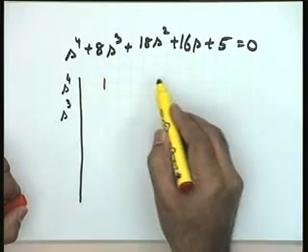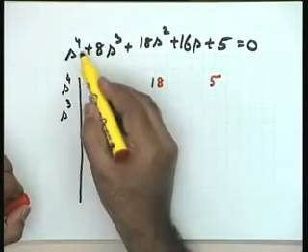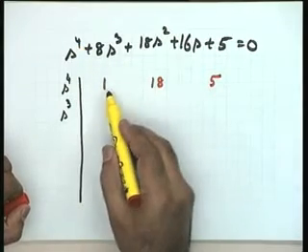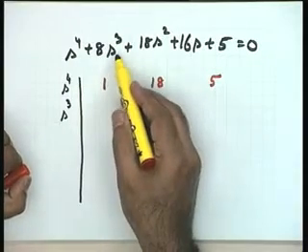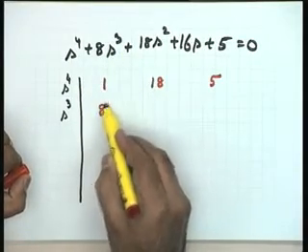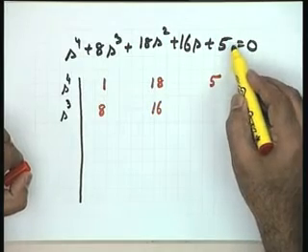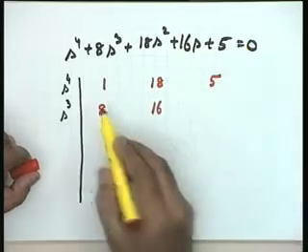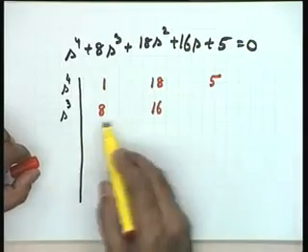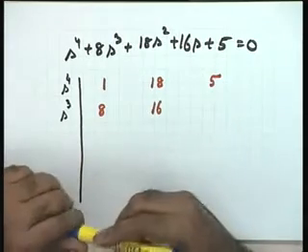I am writing this as 1 here, 18 here and 5 here. Because this is an even power, all the coefficients corresponding to even powers are coming over here. S cube is an odd power, so all the coefficients corresponding to odd powers: 8, 16. Taking 0 as an even, please see, this is s to the power of 0. I am taking 0 power as an even power, that is why 1, 18, 5 and 8, 16, the two rows have been constructed.